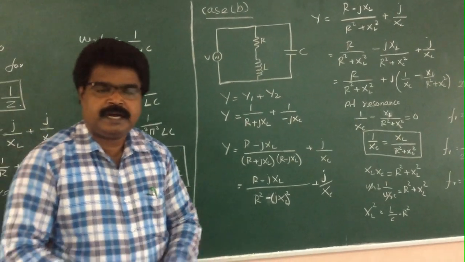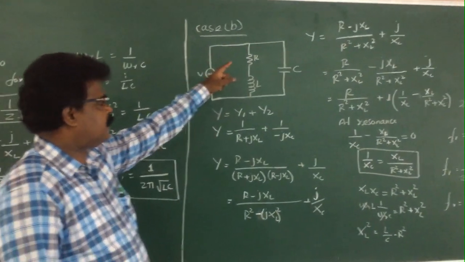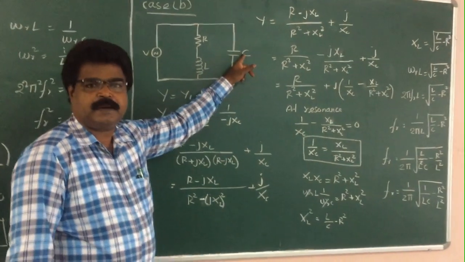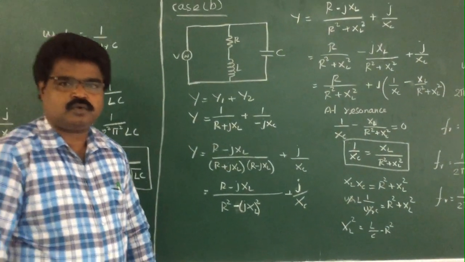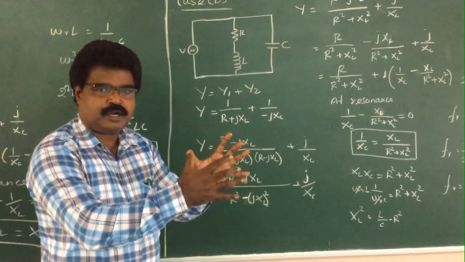Already I told that different combinations of parallel circuit are possible. So here you see the first branch R and L are in series. Again this is parallel with a single capacitor C. It consists of two parallel branches. So similar to the previous derivation, Y is equal to what? We need the j component of Y.